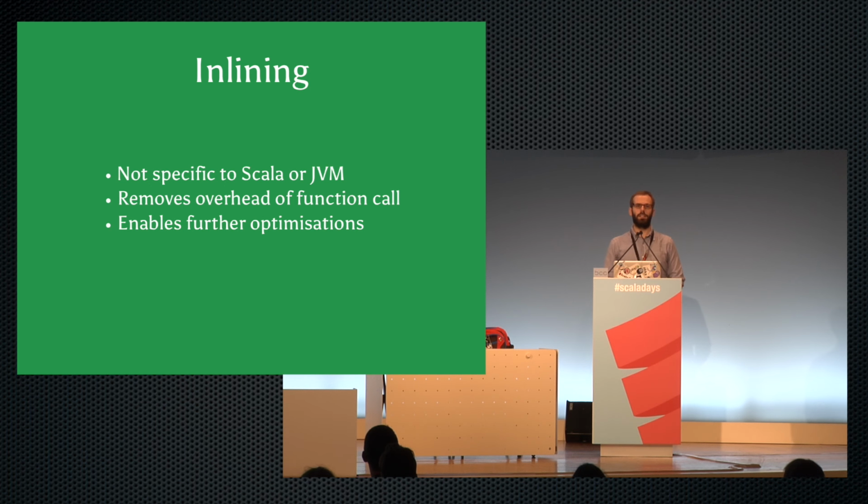So inlining is a classic compiler optimization. It's been around since the Stone Age. So it's not specific to Scala or even to the JVM. And it has a couple of benefits. Firstly, it removes a function call, and function calls are quite expensive, as we'll see in a second. And secondly, and more importantly,